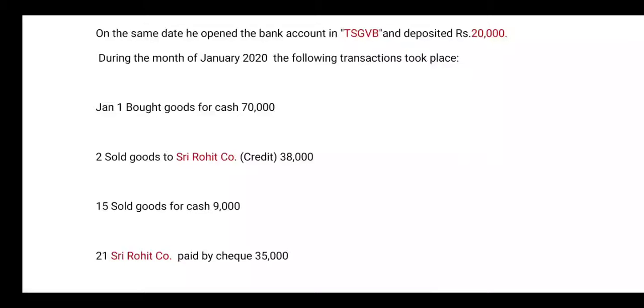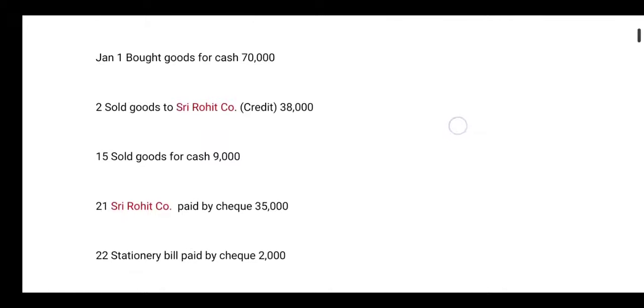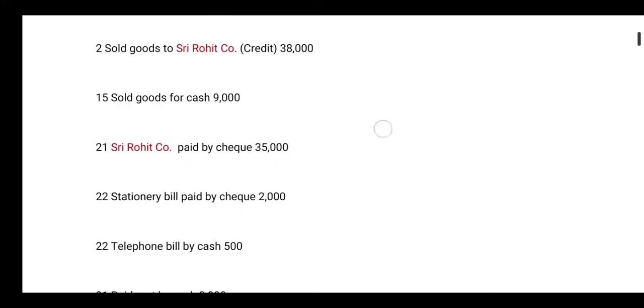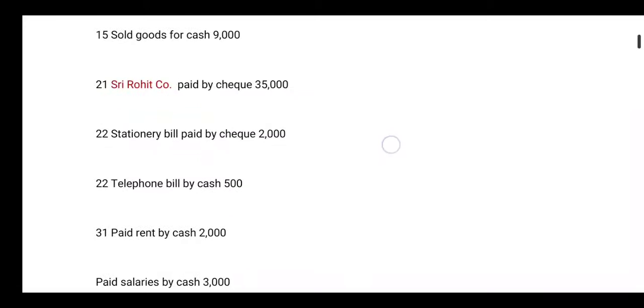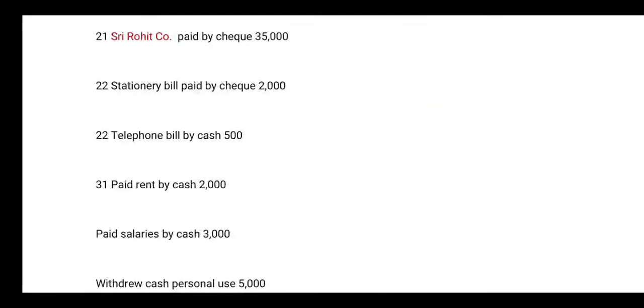During the month of January 2020, the following transactions took place. On 1st Jan, bought goods for cash 70,000. On 2nd, sold goods to Sri Rohit & Co on credit 38,000, and on 15th Jan sold goods for cash 9,000, and on 21st Sri Rohit & Co paid by check 25,000. Then stationery bill paid by check 2,000, and telephone charges paid by cash 5,000, and on 31st rent paid by cash 2,000,